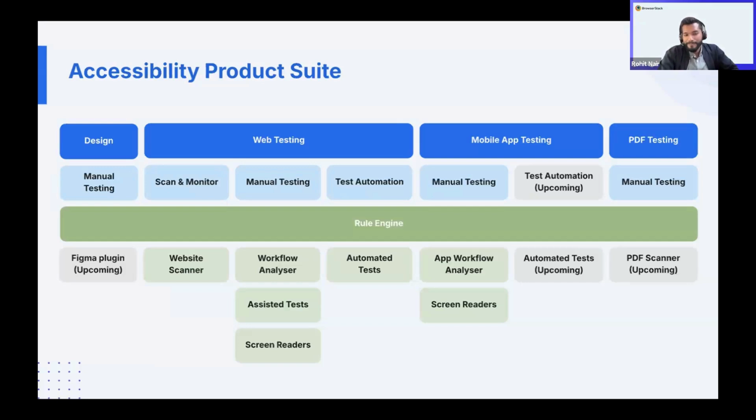Something that really can scale up for all our customers on this call who are using BrowserStack for their test automation, who are using our SDK already plugged in. All you have to do is just add one line of code. The first time I heard that, I thought it sounds too good to be true. But when I saw it in action, that's all you've got to do. Just add one line of code to your existing test automation suite that's running on BrowserStack, and all of them can start testing for accessibility.